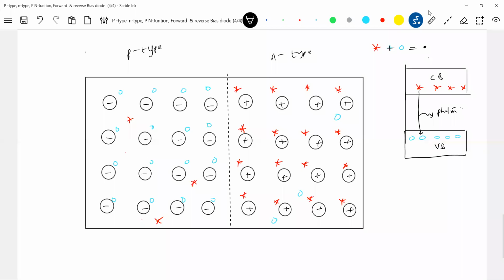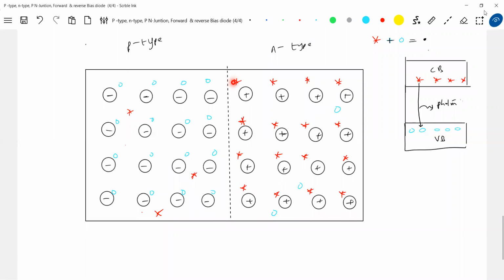So when I do like this, initially what happened? Due to diffusion, these electrons will move in here, and similarly the holes also will move. I told you, if you're getting confused, only take the displacement of electrons, but actually both holes and electrons will diffuse here. Why do they diffuse? Due to concentration level, no other reason. So when the holes move from p to n type, where in n type all the majority carriers are electrons, the holes become minority and will be captured by electrons. When the electrons move from n to p type, the moment they enter the p type, they become minority and will be captured by the holes.